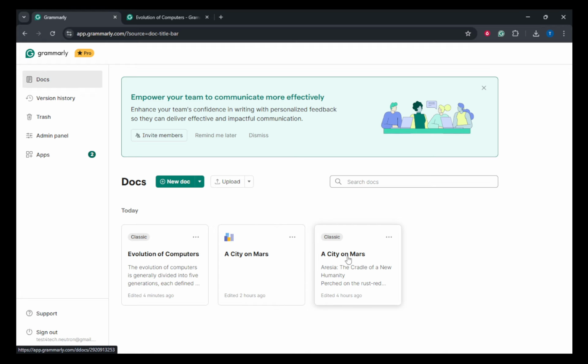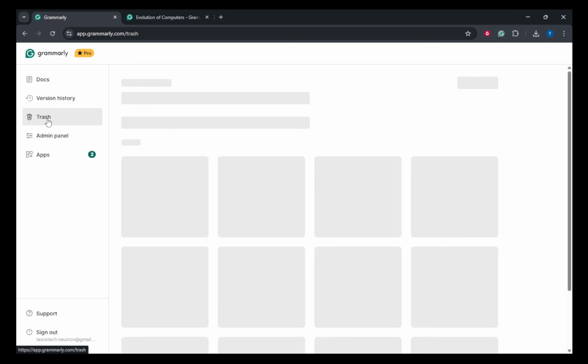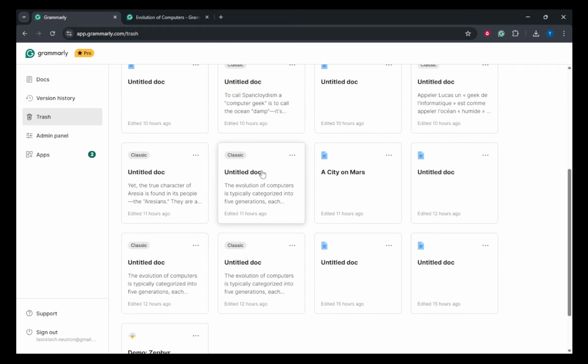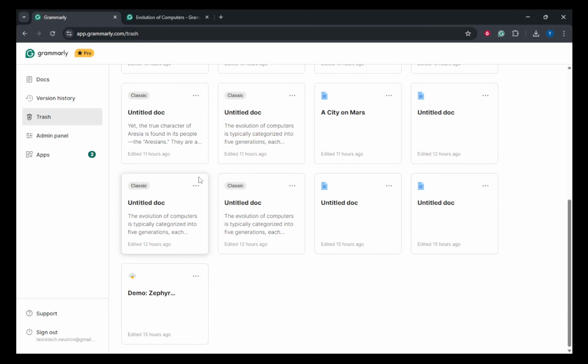If you've accidentally deleted a document and need to recover it, don't worry. Grammarly offers a convenient trash feature on your dashboard where deleted documents are retained for up to 30 days. Navigate to the trash section where you'll find a list of documents eligible for recovery. Scroll through to find the document you need, and click on the Restore button. This action will bring your document back from deletion, allowing you to access it and resume your work without too